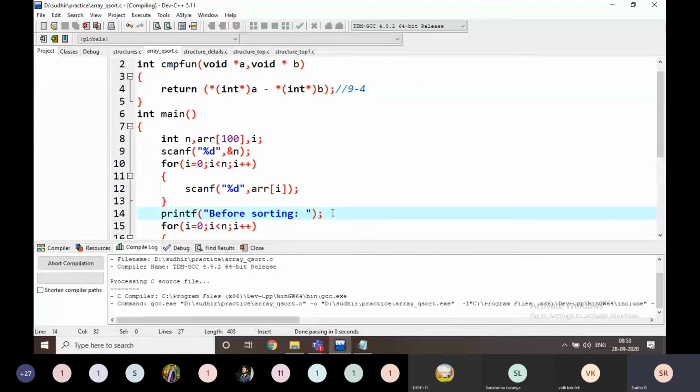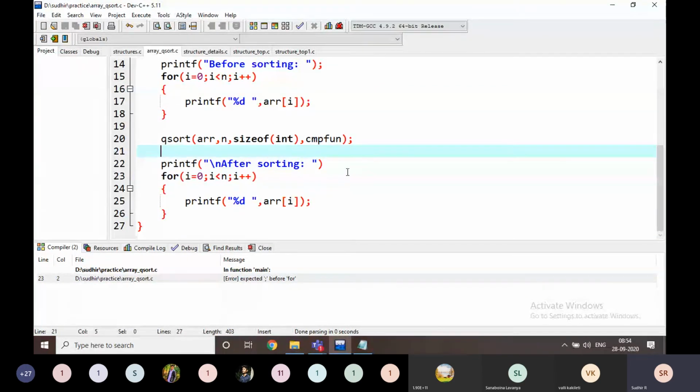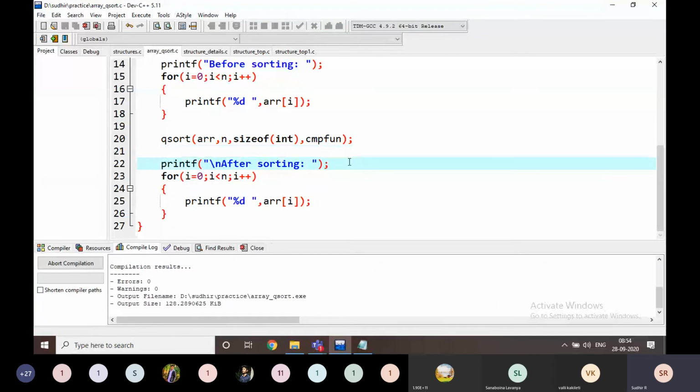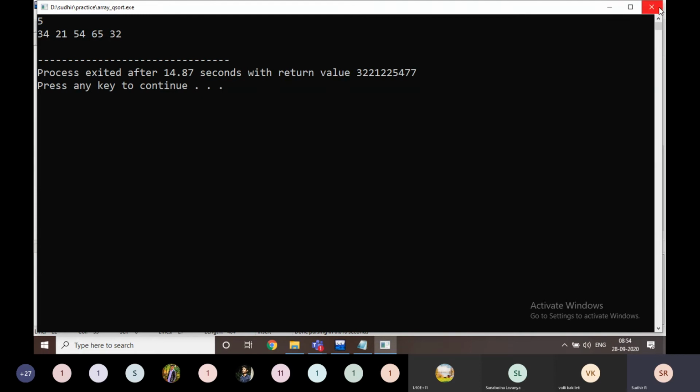I missed a semicolon here. Here also I missed a semicolon. If I am going to execute it, 5 values are there. In these 5 values, 34, 21, 54, 6, like this. I am going to write 5 values here. What is missing here? Something is missing.